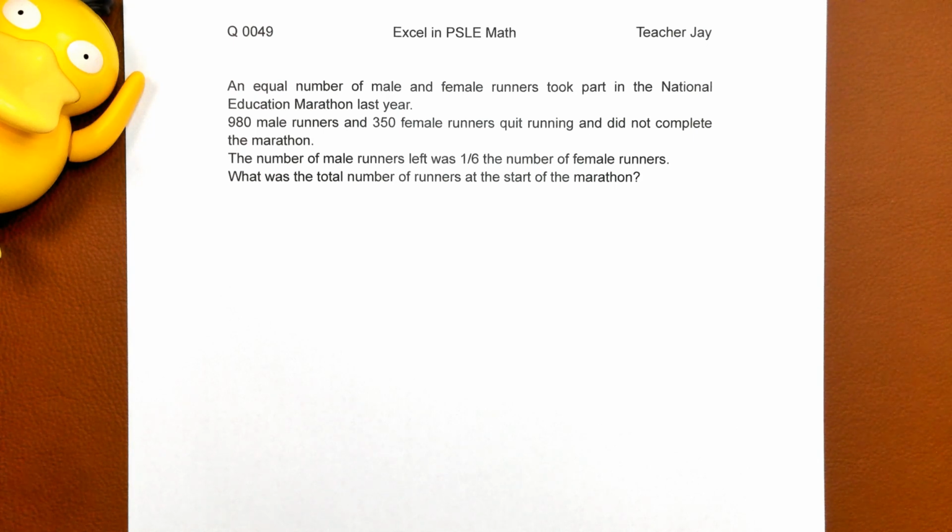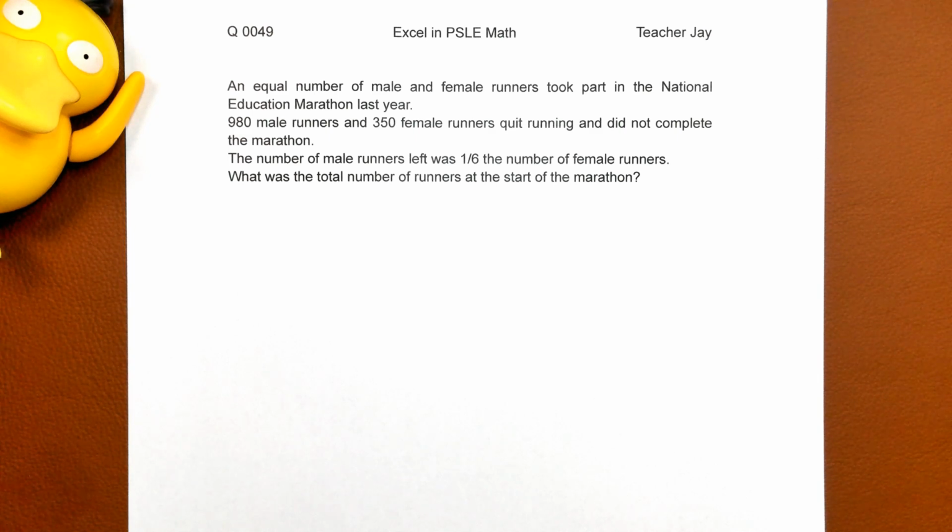An equal number of male and female runners took part in the National Education Marathon last year. 去年呢，同样数量的男性和女性跑者参加了这个叫做 National Education Marathon 的马拉松比赛。去年，and 他说下一个是980